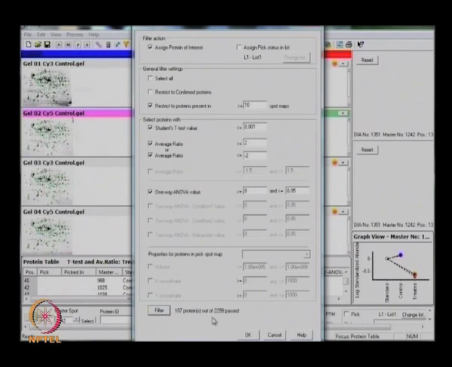There are 2299 spots available in all these gels, but only 107 proteins passed all these parameters. So, these we can select as proteins of interest and assign a pick list, so that these proteins can be saved in a file. This file can be given further to our spot picker.